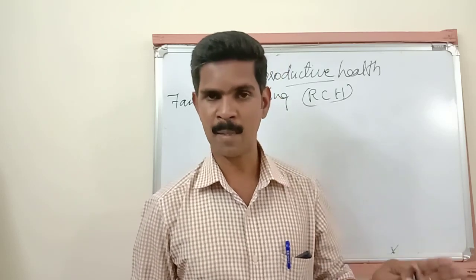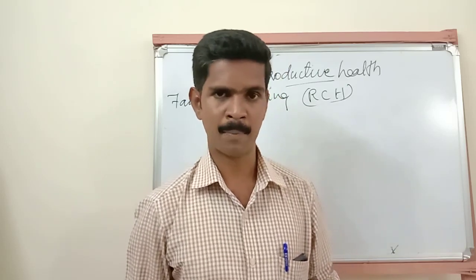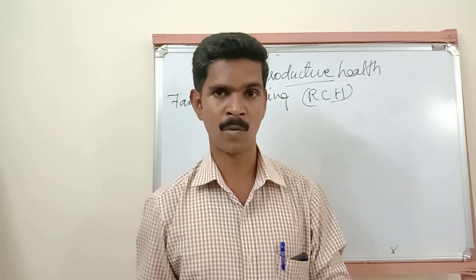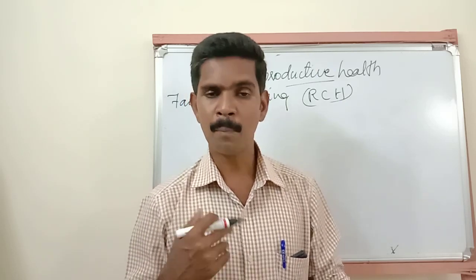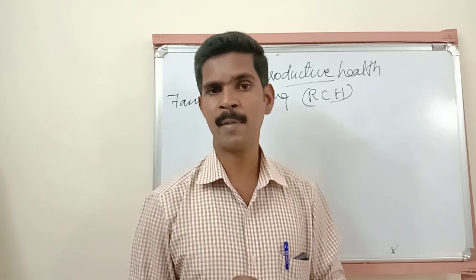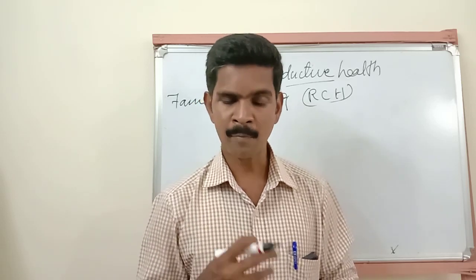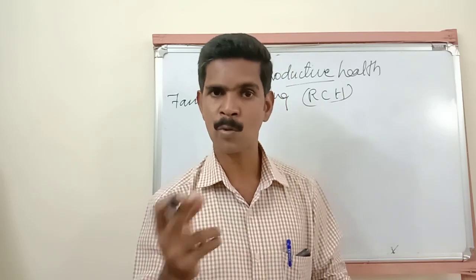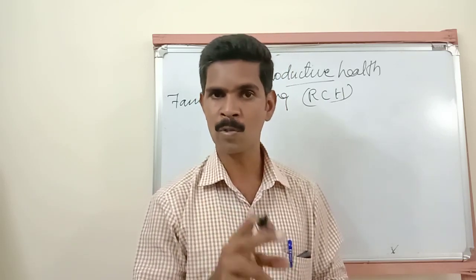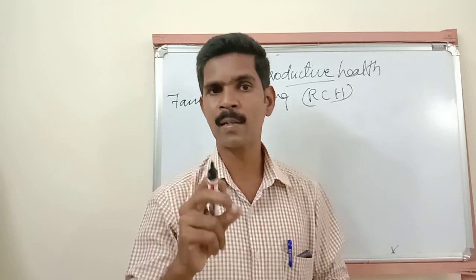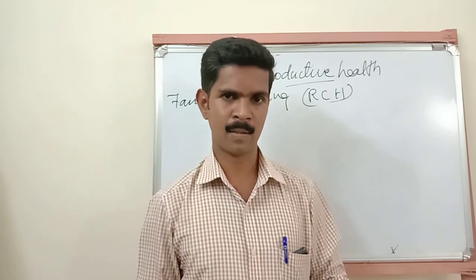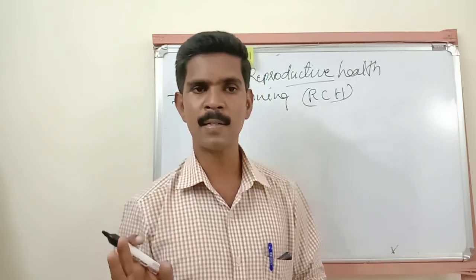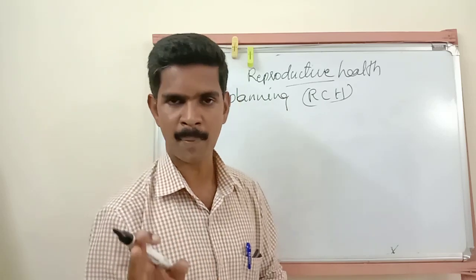Already there are different types of family planning methods available. In the next class I will explain the family planning methods, the birth control methods. The fifth main aim of this family planning program is that we have to encourage the government and non-government agencies who are discovering new birth control methods. So these are the 5 important aims of this family planning program.